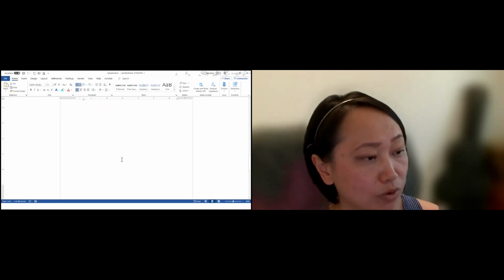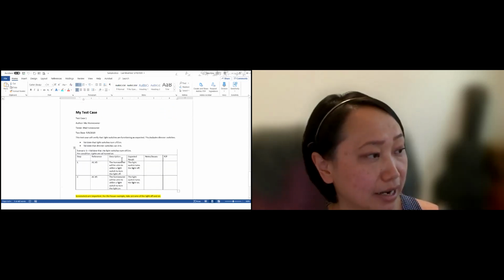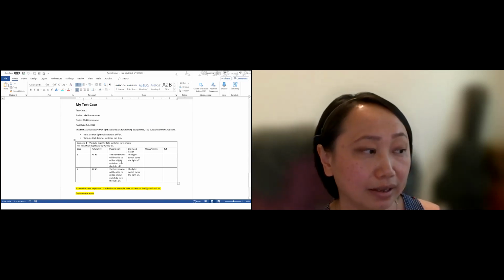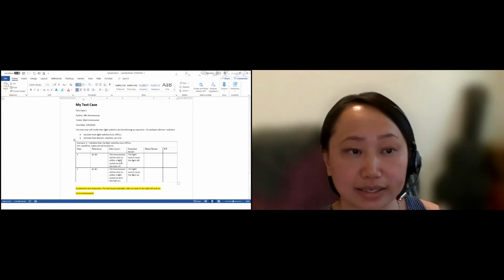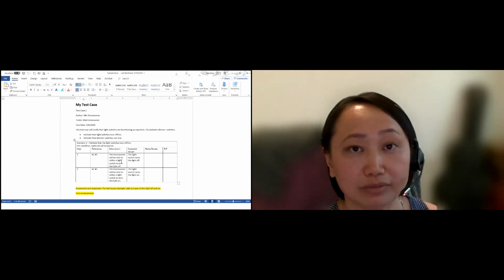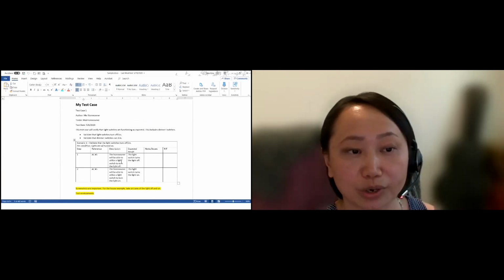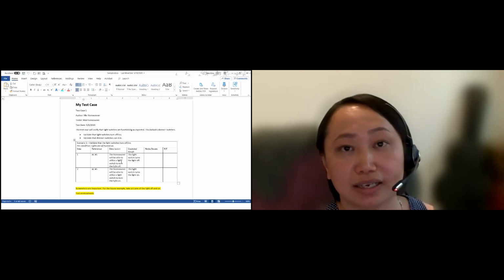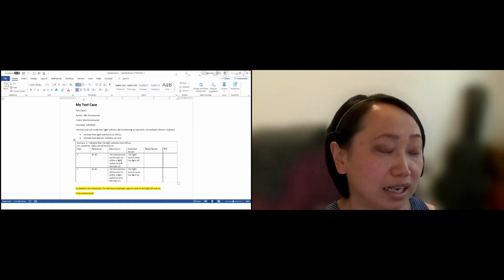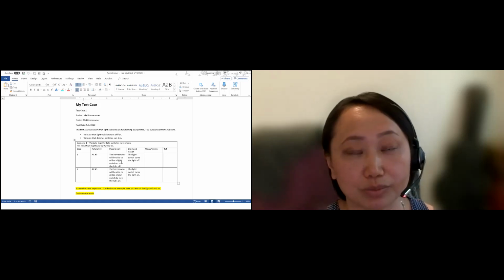So that's a high-level overview of a test plan. This is an example of a test case that I created, and I'm not going to say that there's one way to do a test case. It depends on the scenarios that you've identified based on the requirements that you were given. Sometimes you might have a project where you only have one test case. Sometimes you might have a project where you have 50 to 100 test cases. I've been in those too. It just depends on the complexity of the project, the requirements, and the solution that was built out.